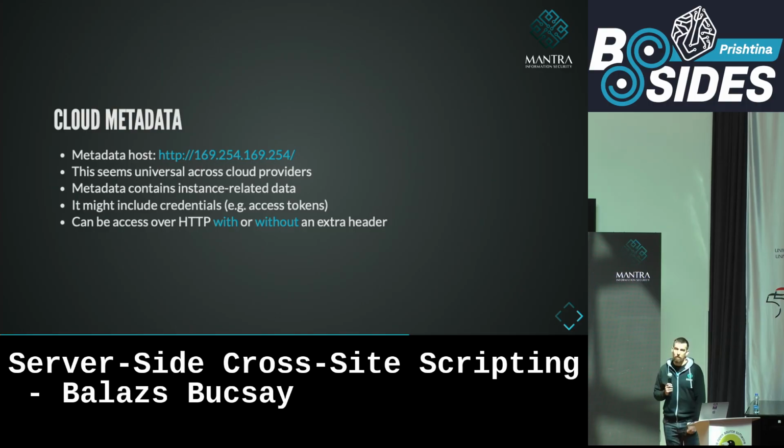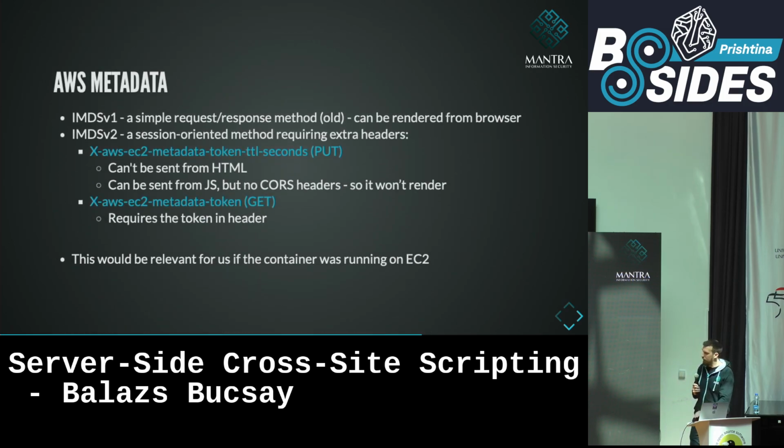Okay, so the next one is cloud metadata. Hands up if you heard about these. Okay, some of you. So basically, if you are using cloud, GCP, AWS, or Azure, then you have these metadata hosts. It seems to be universal across these three cloud providers. The metadata can be useful, and sometimes it stores really important and useful information like usernames, passwords, different credentials, private keys, and so on. So if we are talking about AWS, you have the metadata under that IP, right?